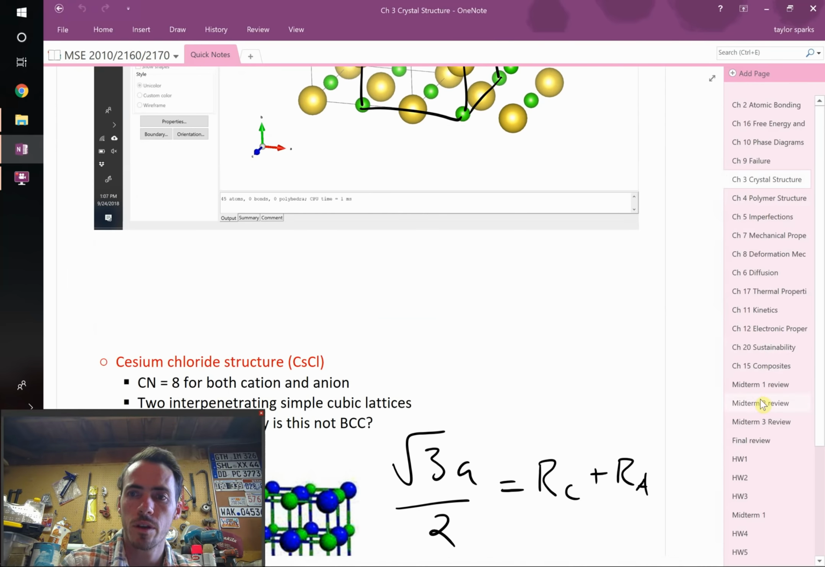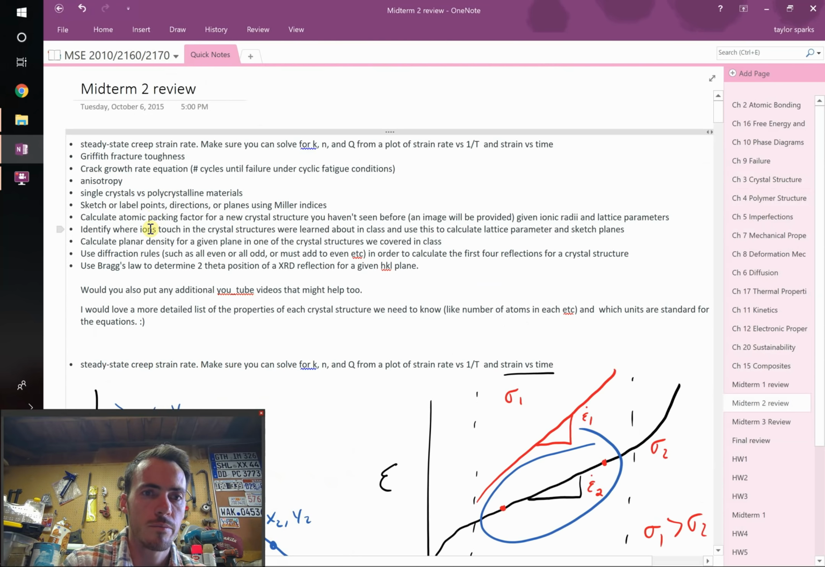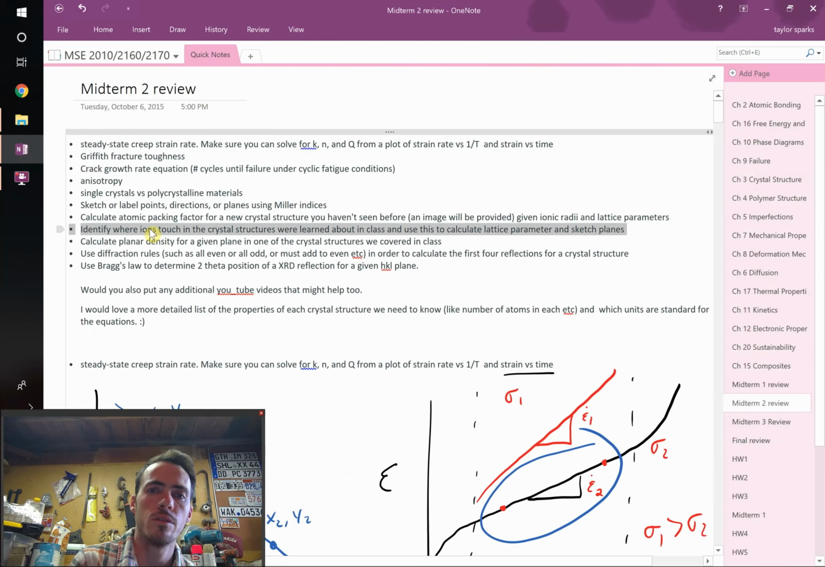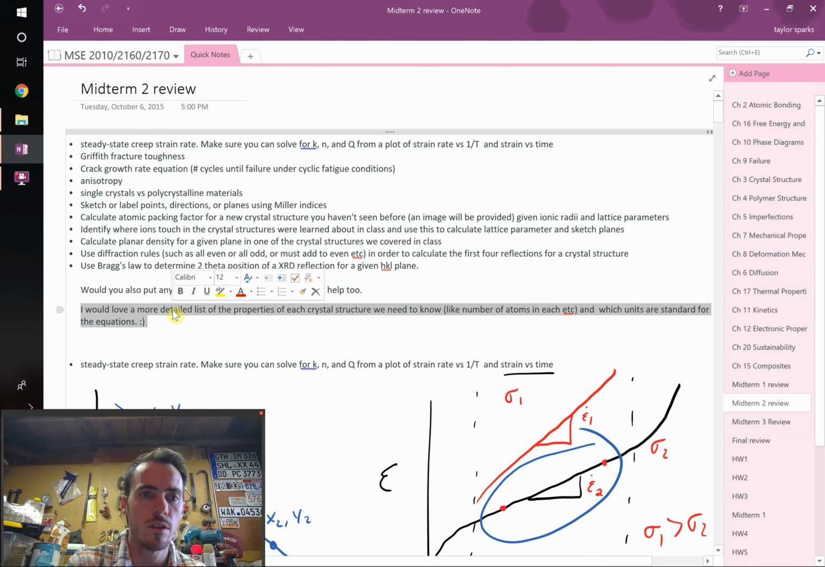Our next question is the following. It says, identify where ions touch in the crystal structures we learned about in class, and use this to calculate lattice parameter and sketch planes. So this kind of has to do with the question that one of the students asked, saying they want to know everything about all the crystal structures, number of atoms, where they touch, things like that. So